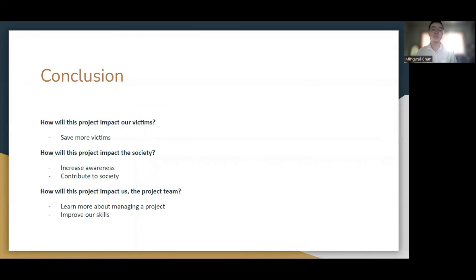So next is, how will this project impact the society? I believe this project is a very positive thing to do, and it is worthy to spread around the community and the society. It will increase people's awareness about the flood disaster.